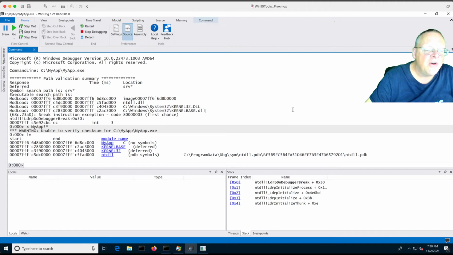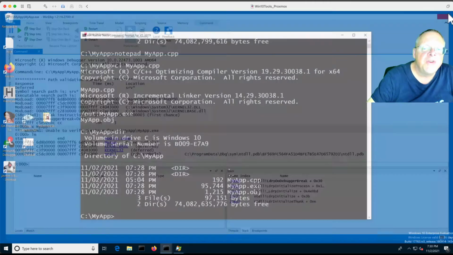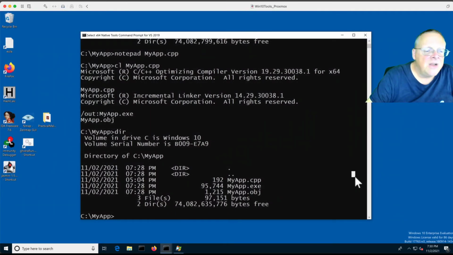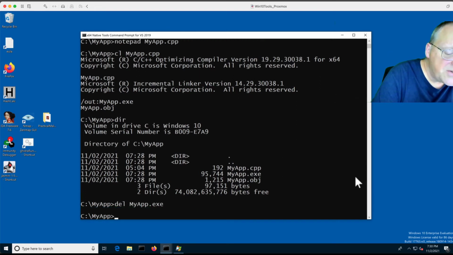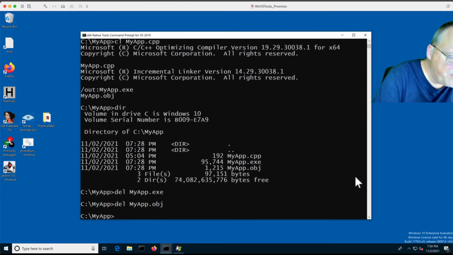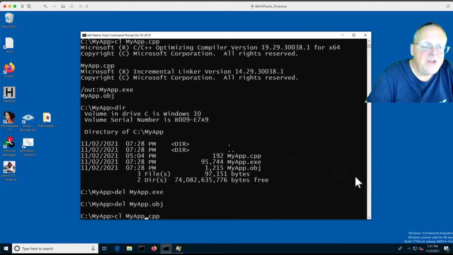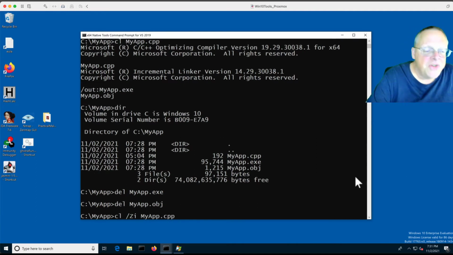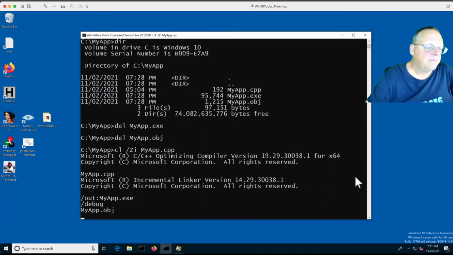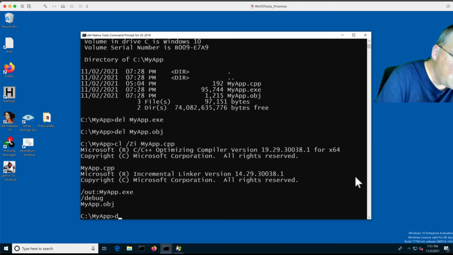So that's no fun. So let's put those symbols in there. So we're going to delete the old stuff, the executable, and the object. And we're going to recompile it. But we're going to use the /Zi switch, which is what you put in for some ungodly reason to include symbols, Zi. Now if you do a directory,